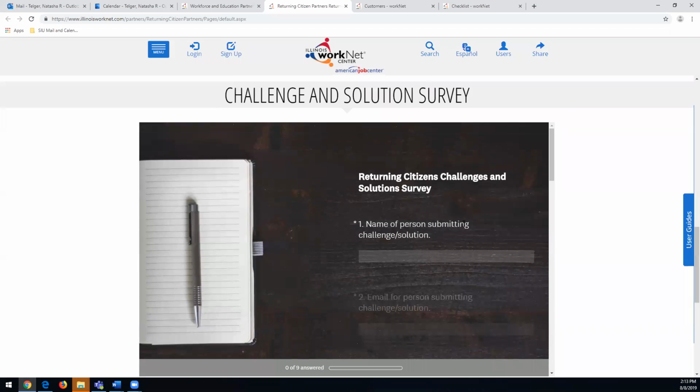And then we also have a challenge and solution survey. This is a really neat project with different partners that are working together, and it's a hard-to-serve population because there are different things that you can't do while they're in custody, but you want to try to do them before they're released so that they can just hit the ground running once they are released. I know that you've been working with each other on the different logistics and compromises on how you can do things. And so